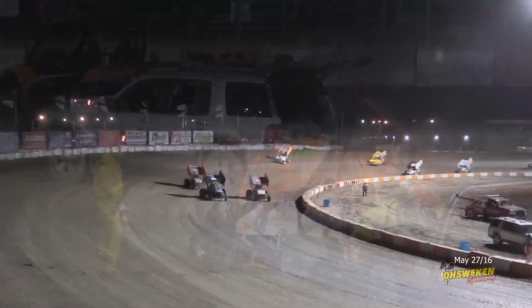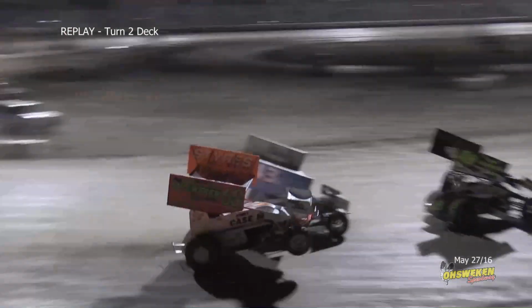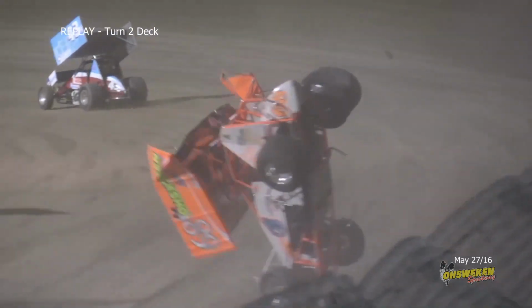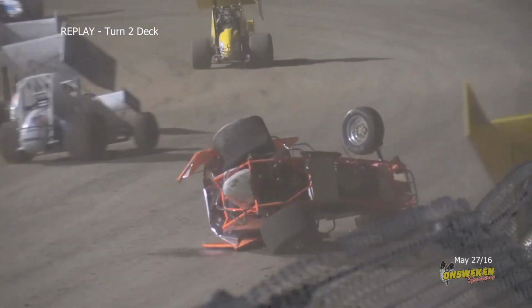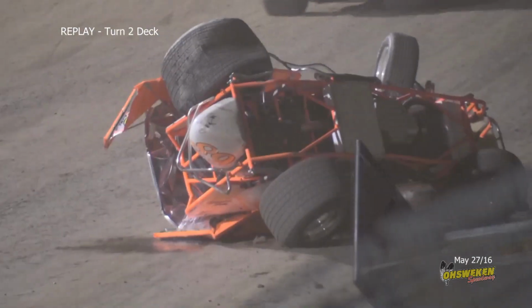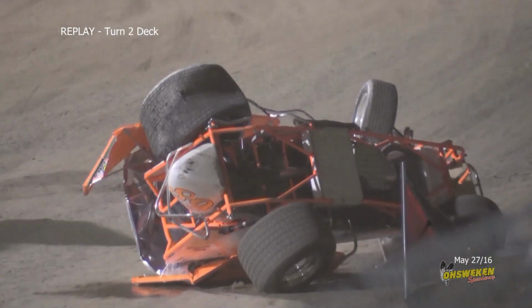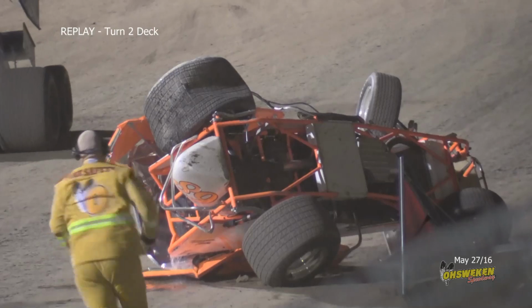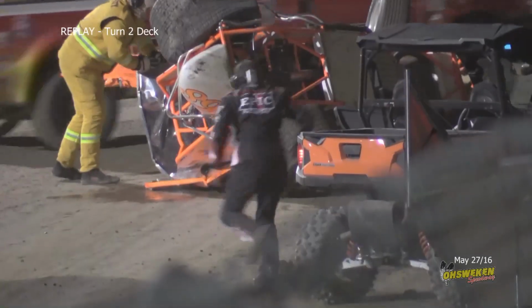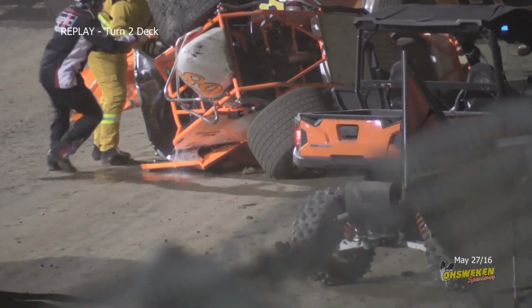Here comes the gunslinger back to the inside of Josh Shantz as they go out. Oh, he slides up into Aaron Turkey, who catches the wall, and the red flag will fly. Everybody does a good job to avoid that one as Turkey got up into the wall hard and upside down. The safety crew quickly on the scene. Man, oh man, a hard hit there for Aaron Turkey